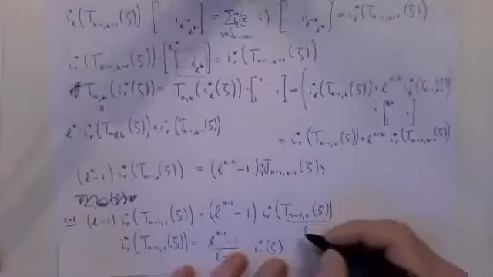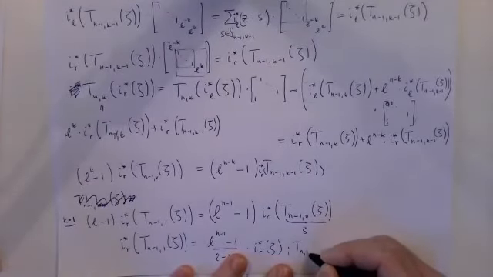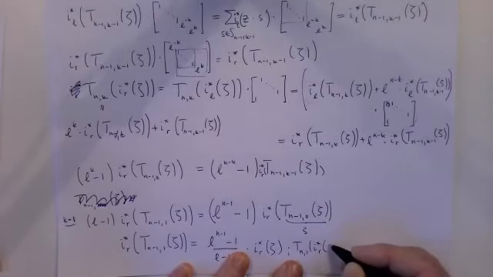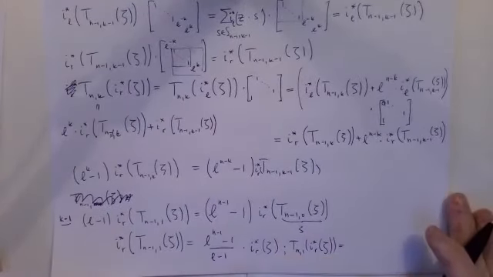So in particular, we get that T_{n,1} of I_R zeta is equal to